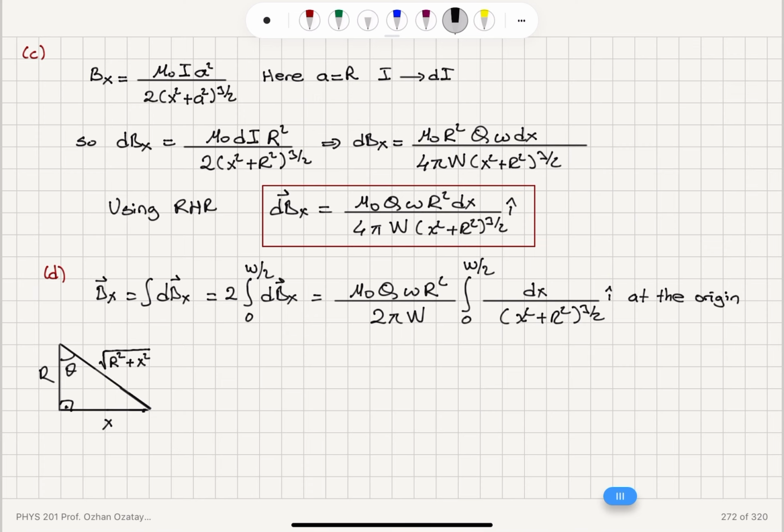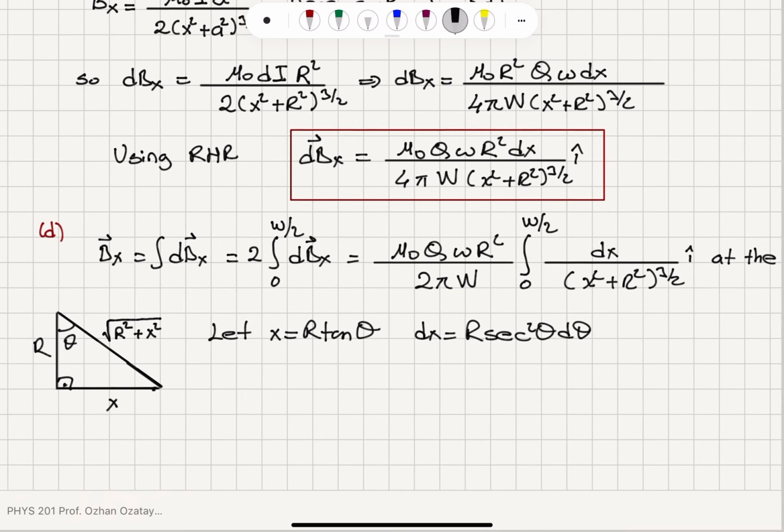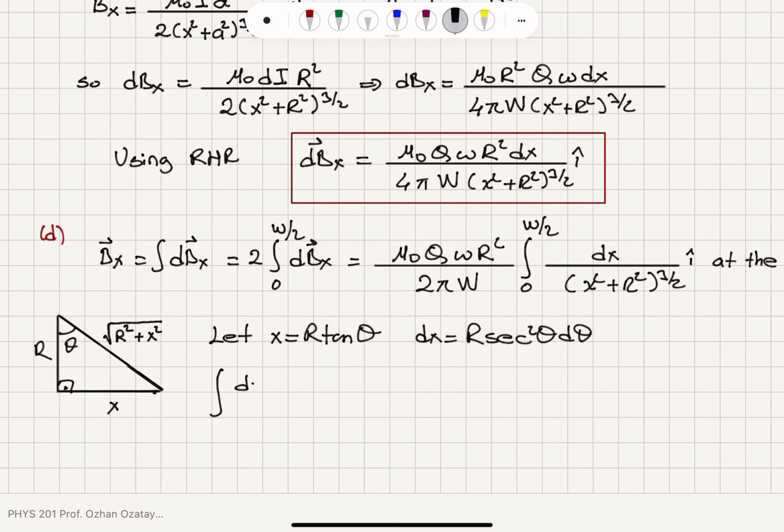Okay, so to perform this integration, I'm going to let x equal capital R tangent theta, so that dx is equal to capital R secant squared theta d theta. You can see in this right triangle that tangent theta is x divided by capital R. So this integral, dx over (x squared plus capital R squared) to the power 3 over 2, is